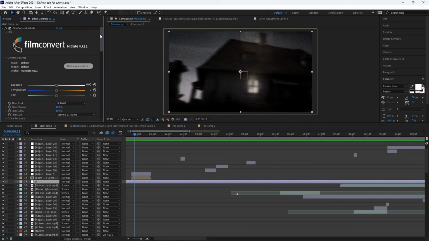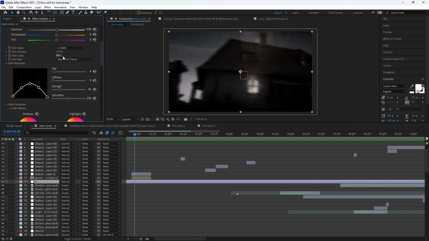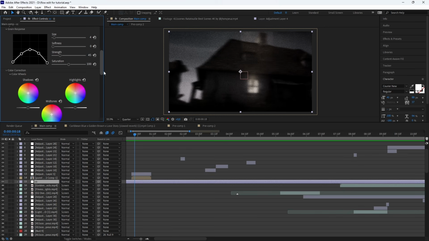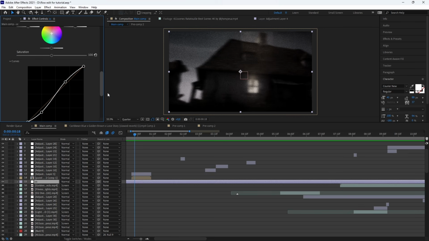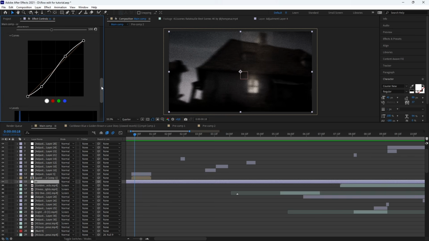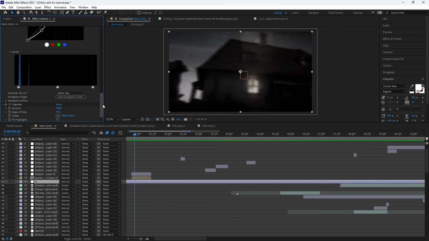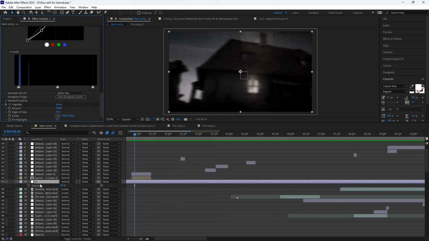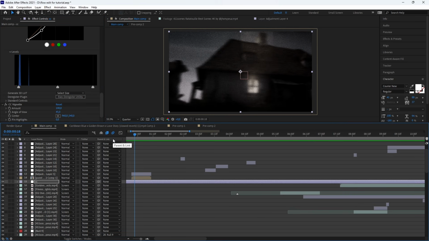It's with the Film Converting Grade effect, with LUT on 400 for the strength, 45 for the noise, and for the contrast, and then the levels look like this. And I reduced the opacity to 85 so I can see a bit of the colors behind.